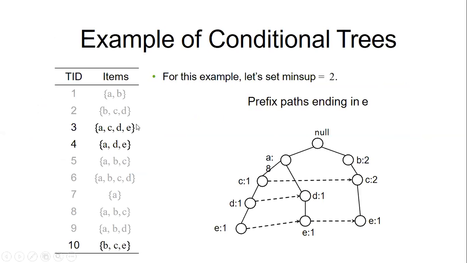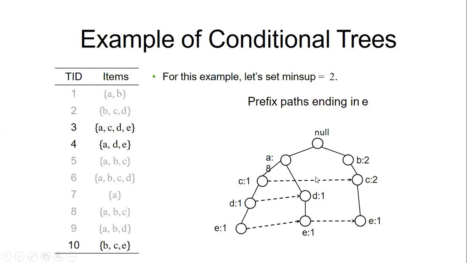So I have taken the prefix paths, the subtree I told you about, otherwise we can call it prefix paths ending in E. Here the minimum support is 2. We have to remember we are considering the prefix paths ending with E. So if you see, we have E here, ended with E. So we have taken the corresponding transactions: ACDE, ADE, and BCE. So we have 3 paths. Hope you are understanding.